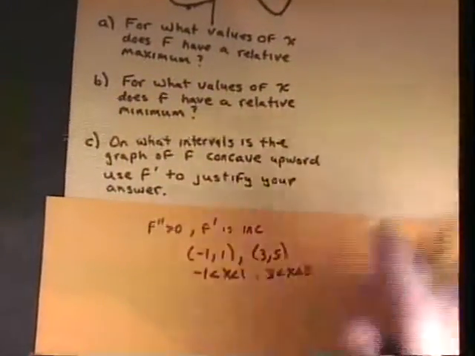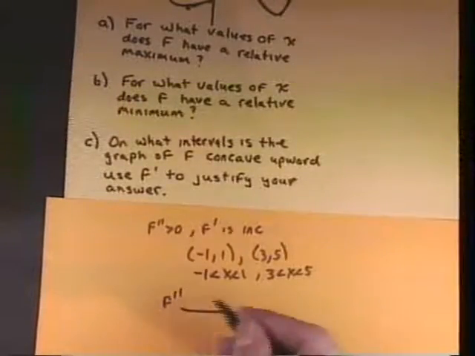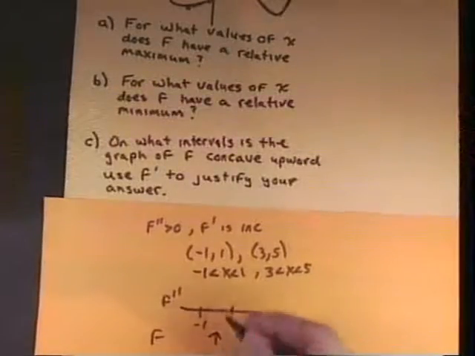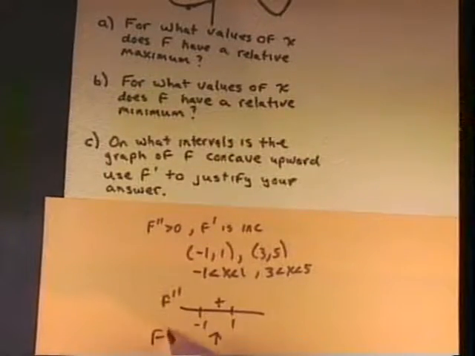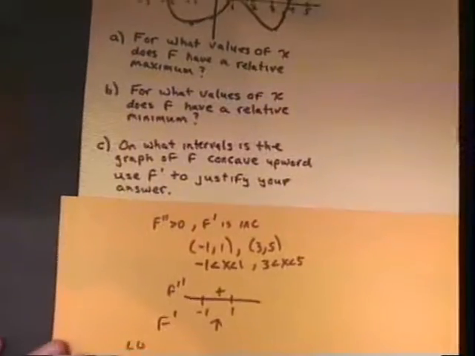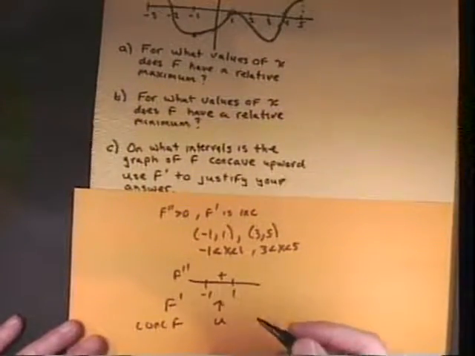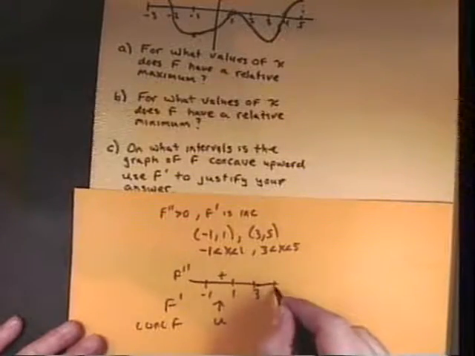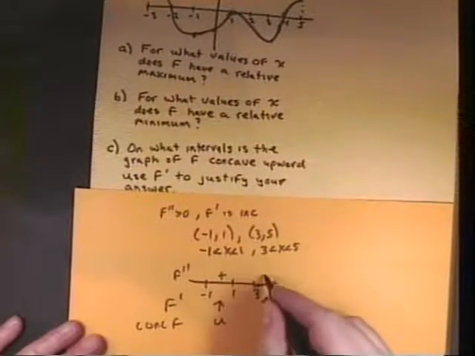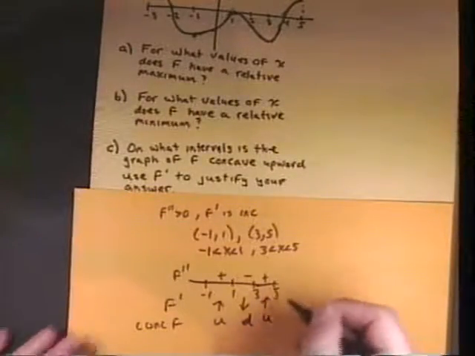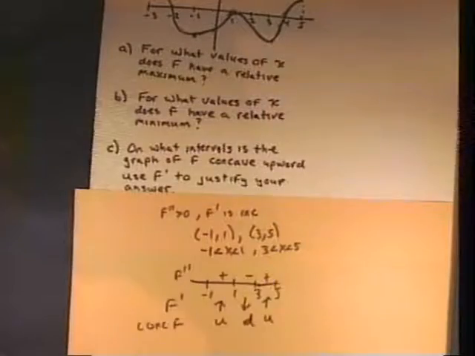What you also could have done, Jennifer, is show this: f prime is increasing, so that means f double prime is positive, which means the concavity of f is up. And you could have done that from 3 to 5. You could have shown this little chart, this is down, then up. But quite frankly, it's easier just to write that out, right? Great job.